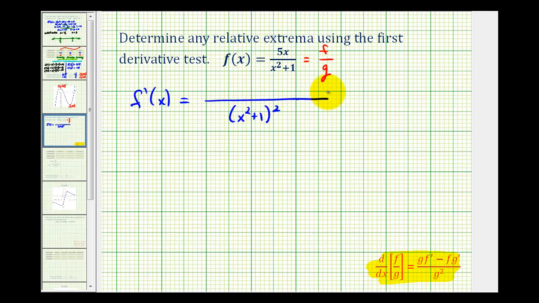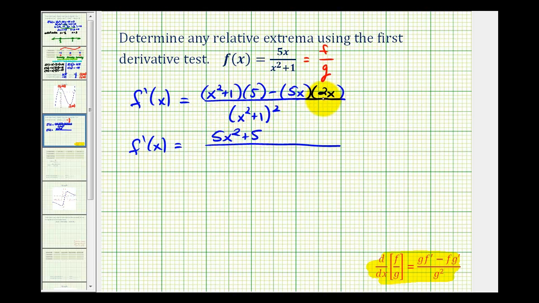The numerator is going to be g times f prime minus f times g prime, or the denominator times the derivative of the numerator, which is 5, minus the numerator times the derivative of the denominator, which would be 2x. Let's go ahead and simplify this numerator. So we'll have 5x squared plus 5 minus 10x squared. So our numerator simplifies to negative 5x squared plus 5 all over the quantity x squared plus 1